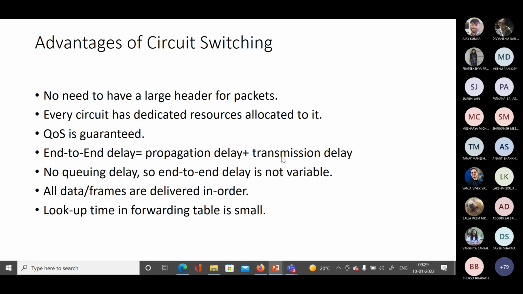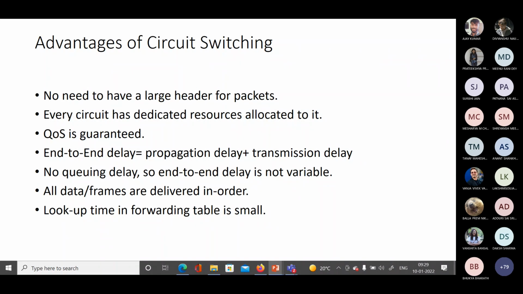And if your packet size L is fixed and R is fixed, these two terms are fixed. So your end-to-end delay is also fixed. If you are not having queuing delay, you will get fixed end-to-end delay, or your end-to-end delay will not be variable, assuming that the packet size is not variable.